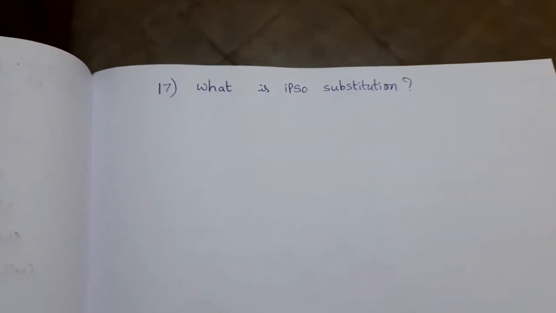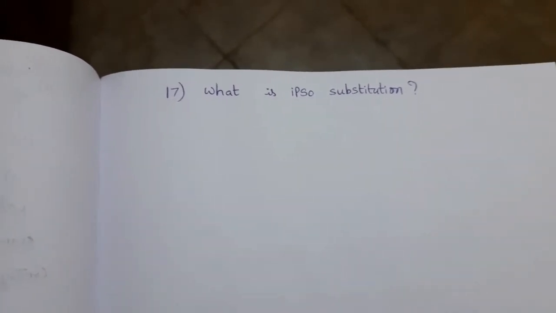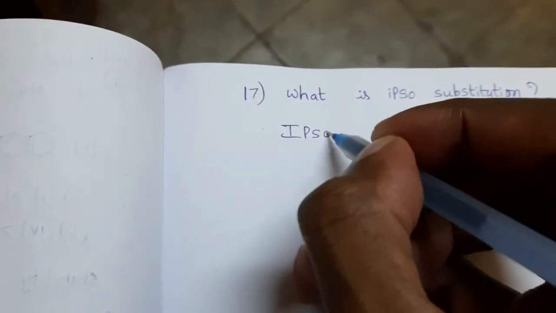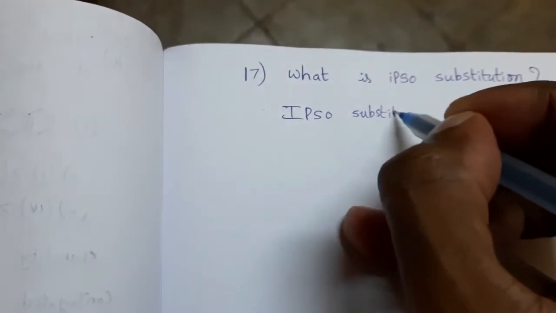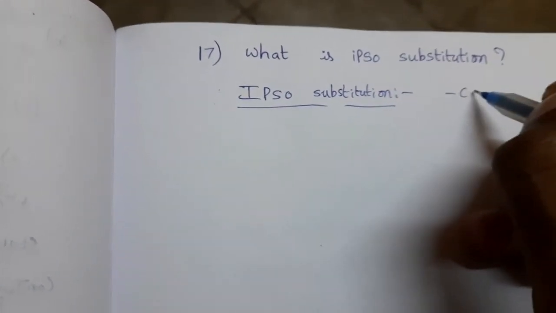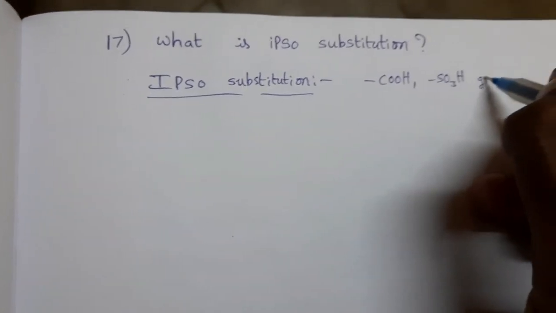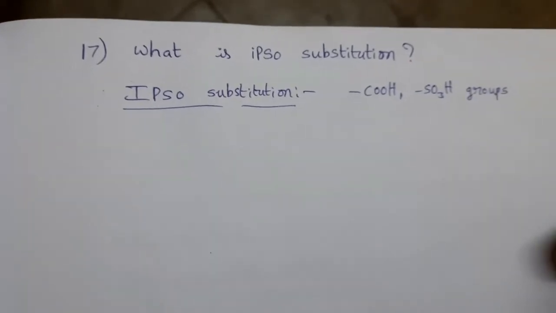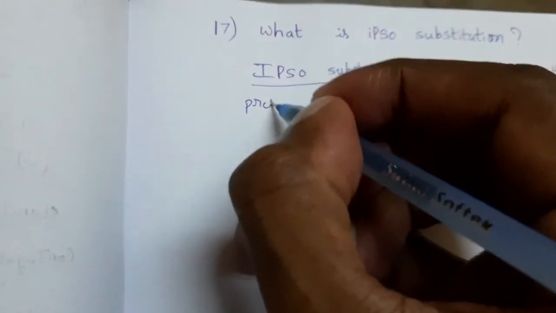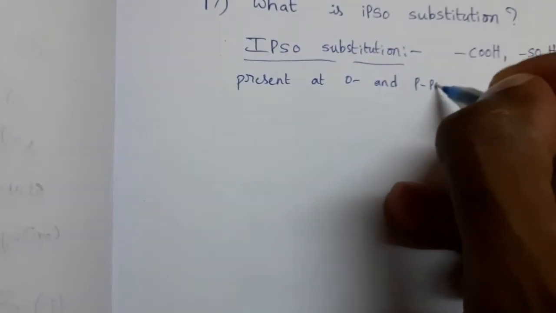In today's class, we will learn about ipso substitution. It is very simple thing. See here, ipso substitution reaction. When groups like COOH and SO3H are present at ortho and para positions